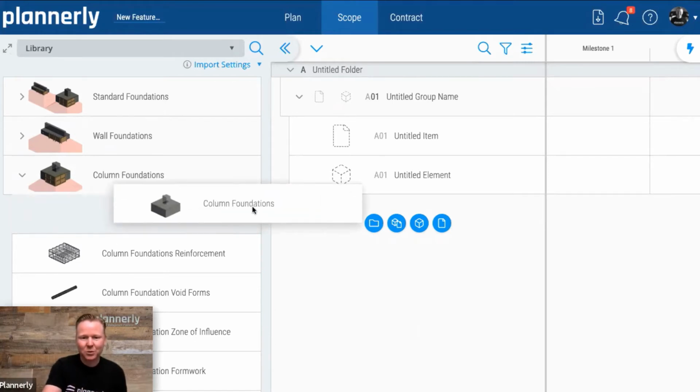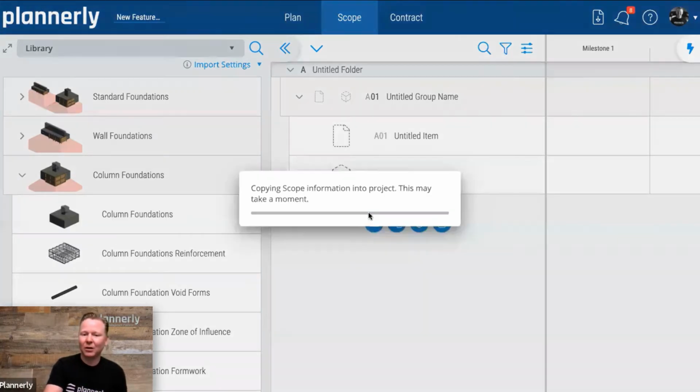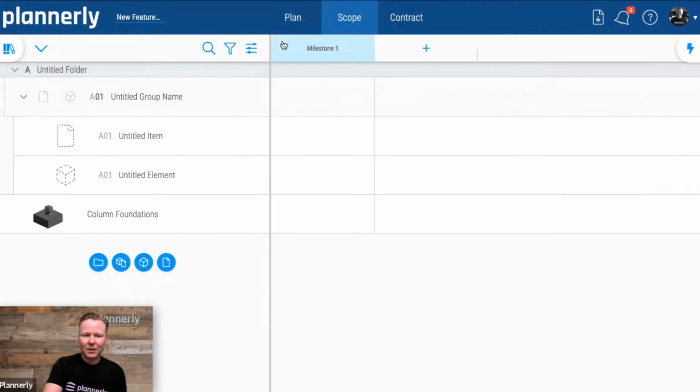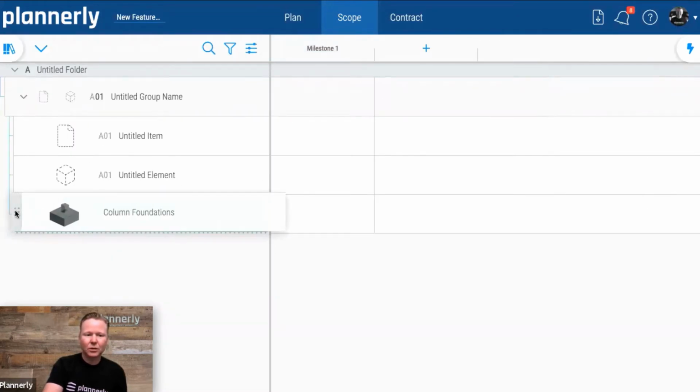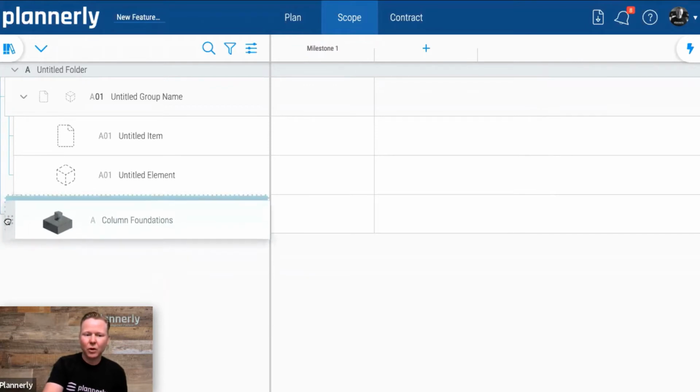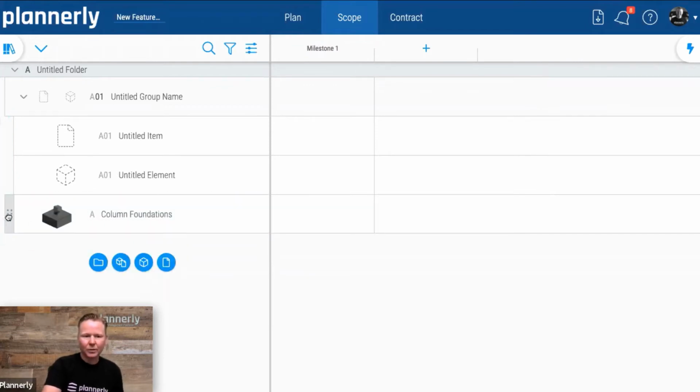If I just want to drag one of these as column foundations, I can drag that in. Again, the flexibility in the hierarchy. So you can see, let me close that again. On the left-hand side, if we drag into a group or just into a folder, we can see the guidelines down that left-hand side, the blue guidelines that show us where we're going to drop, and the blue drop zone to be able to understand where we're going to add this.